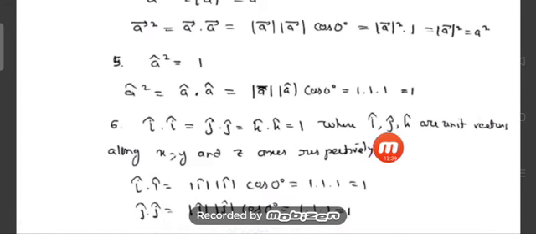They are unit vectors. i cap, j cap, k cap are unit vectors along the X, Y and Z axis respectively. So their dot product is also 1, obviously, because i cap dot i cap means i cap square, which is also equal to 1. Let us prove it. i cap dot i cap can be written as modulus i cap, modulus i cap, cos of the angle between them, which is 0 degree. So 1 into 1 into 1 is equal to 1. Similarly for j cap and k cap, we can do the proof. So this is the proof of the result number 6.